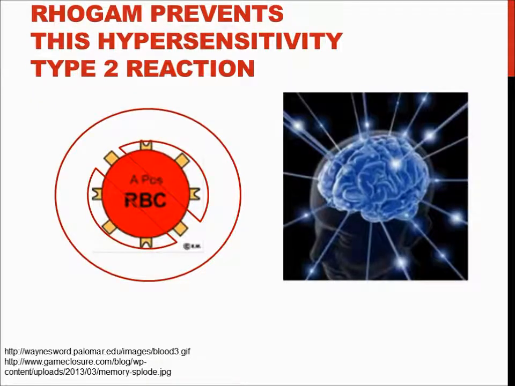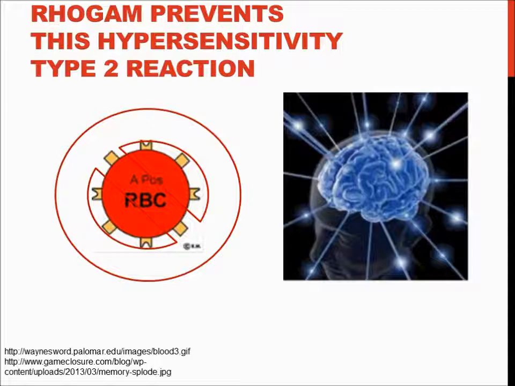So as I previously mentioned, we have something called ROGAM, which can help prevent hypersensitivity type 2 reactions. What ROGAM is, it's an IgG antibody that is also specific for the Rh antigen. How it works is we have this scenario where a mom is Rh negative, and for the second time she's pregnant with a baby that has the Rh antigen expressed on its red blood cells. These red blood cells, the red blood cells from the fetus, do seep out into the mother's bloodstream. But what ROGAM's purpose is